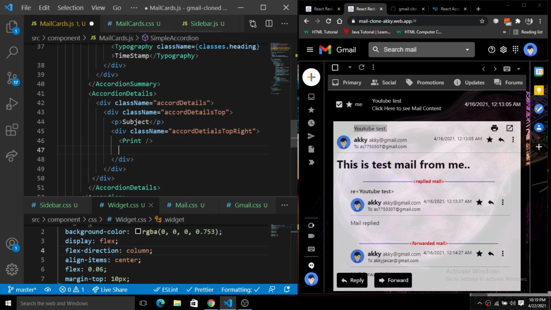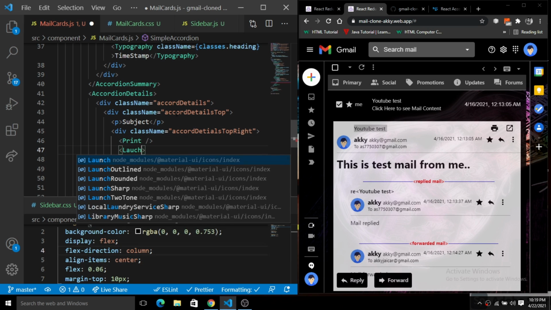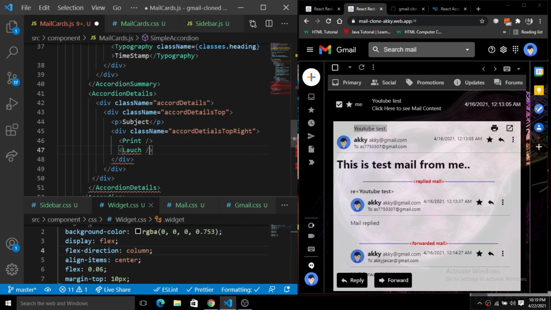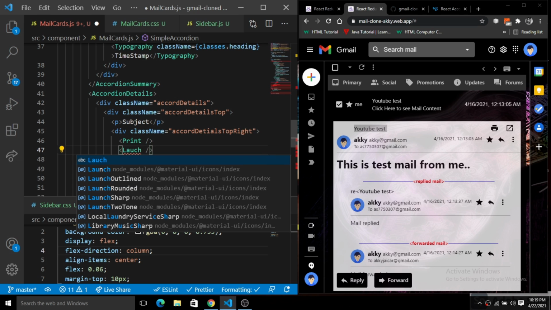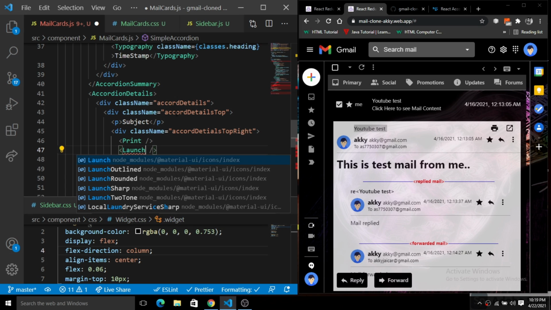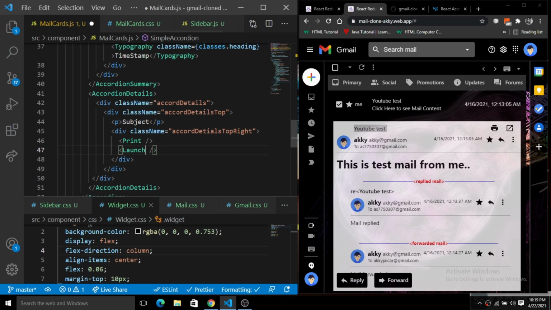So we have this print icon, and we have a launch icon. So launch icon will simply open the mail in a new tab, right? So we have these things. We have this print and we have this launch here.